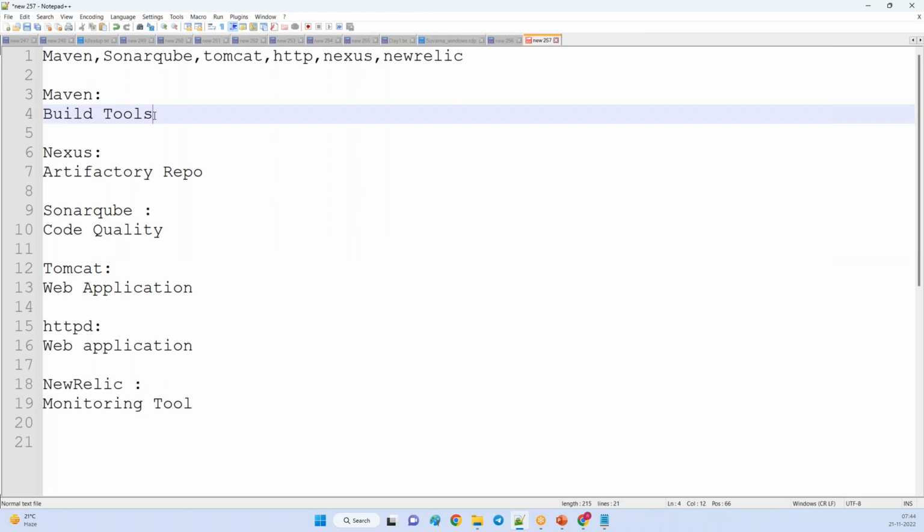Maven is a build tool. Consider one example: there is a simple Java application, and one of the developers started developing Java files.